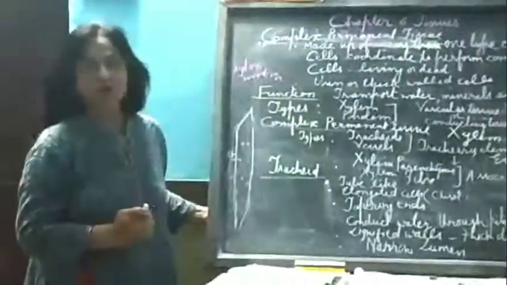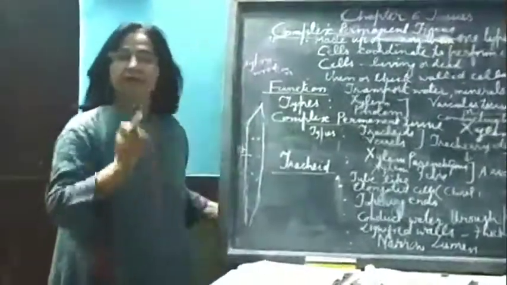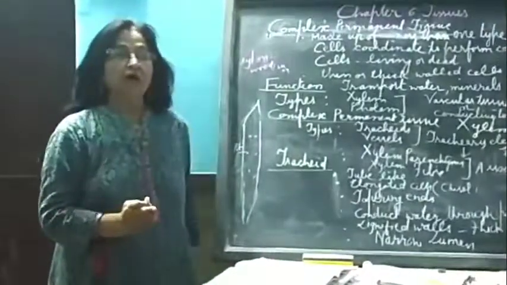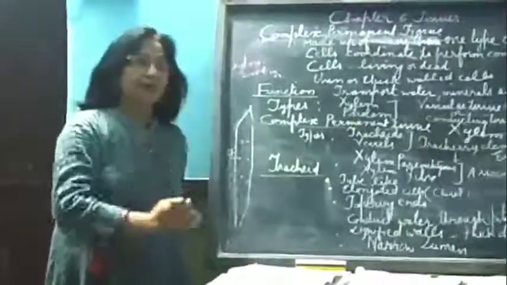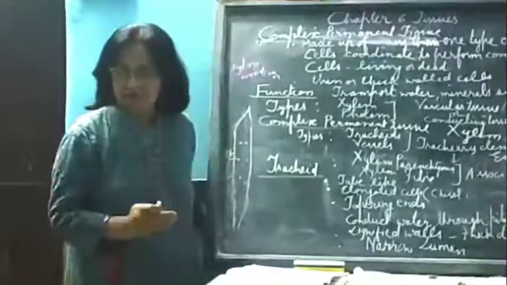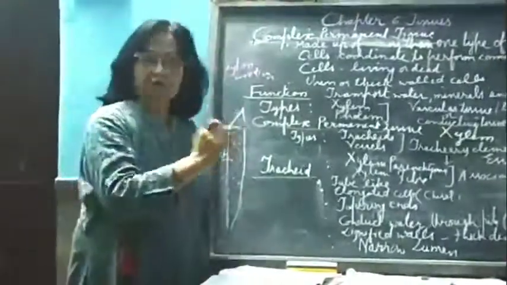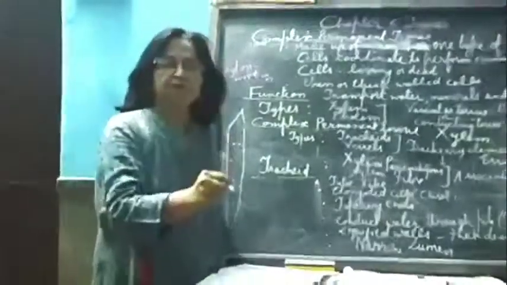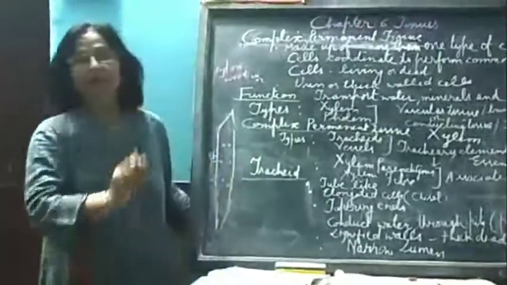And the second tissue I have explained in detail, that is simple permanent tissue. In simple permanent tissue I have explained collenchyma, parenchyma and sclerenchyma with a lot of differences. And one more tissue I have also explained, that is protective tissue. In protective tissue I have explained epidermis and cork with their function. Today my topic is